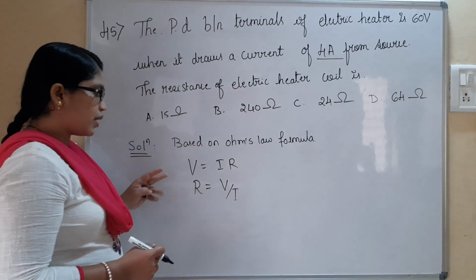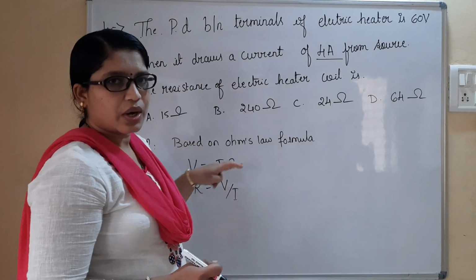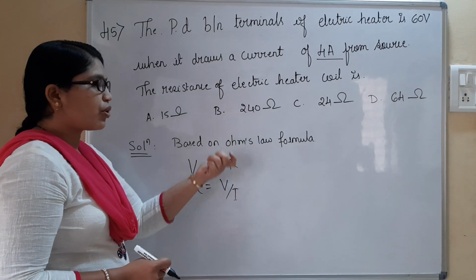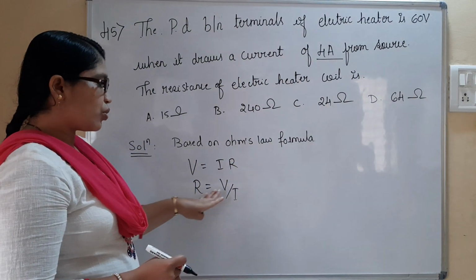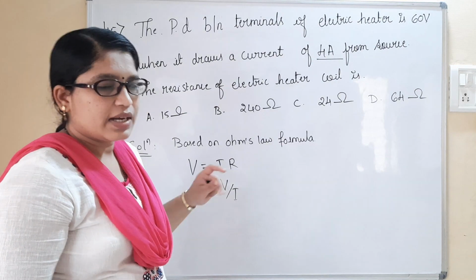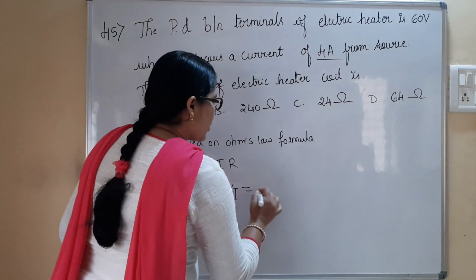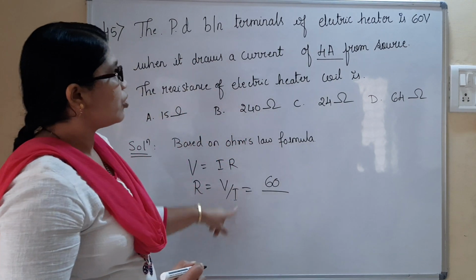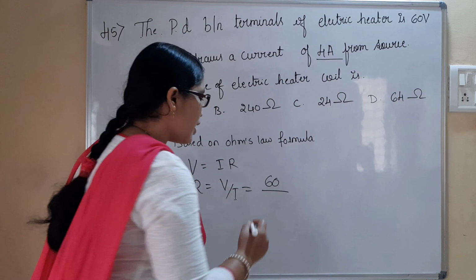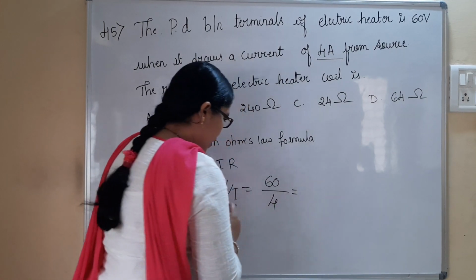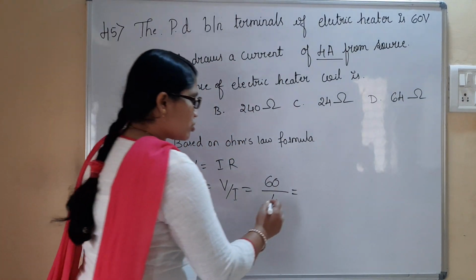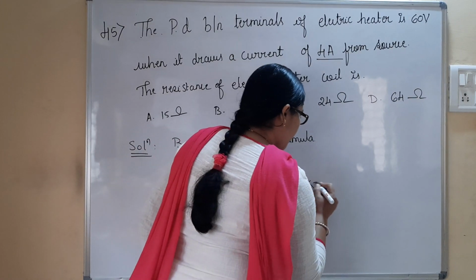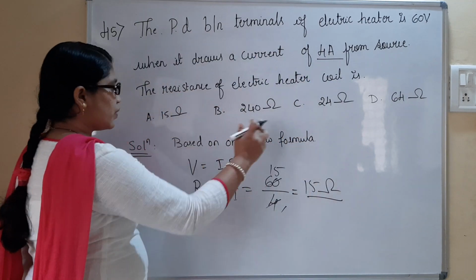So solution wise I am writing here V is equal to I into R. This is the expression we write for Ohm's law. Now it is being asked to calculate the resistance. So resistance is equal to voltage divided by electric current. I indicates electric current. The voltage value is already given to us, it is 60 volt. And the electric current drawn is also given here, that is 4 ampere. So 4 is the value we are going to substitute in I. 4 fifteens are 60. So it will be 15 ohms. So the correct option out of these four is A.